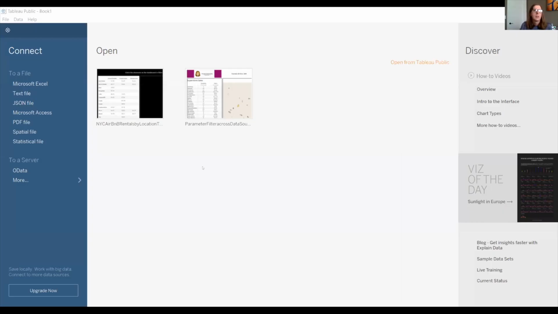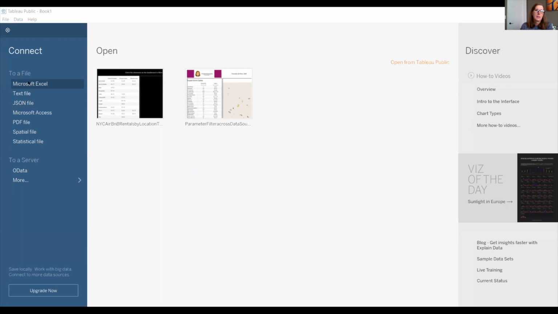So there's two ways to build in Tableau. I'm using Tableau Public, so this isn't the full version of Tableau in that you're limited on your data connections. If you have the full version of Tableau, you can connect to pretty much anything. They have dozens and dozens of native connections. They're introducing more with each new release, which happens quarterly. But just with public,